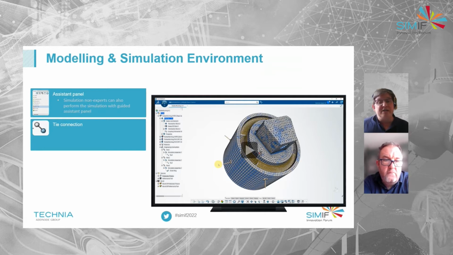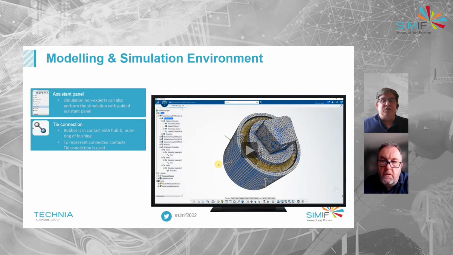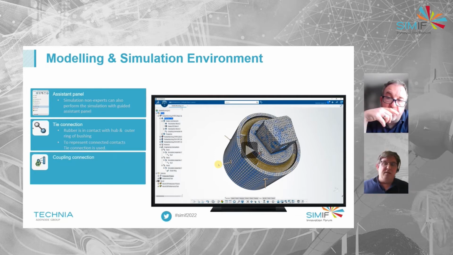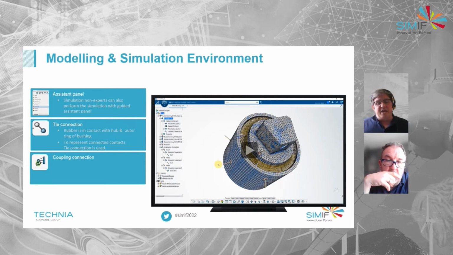We've got some tie connections that we're going to use to connect the hub to the rubber bushing, and then also to the outer ring. Nice little feature that. It just helps you tie it all together, and it's regarded with just the one control node. So is that going to work as one part rather than an assembly? Exactly. Rather than thinking, oh, I've got three parts and they're just held together at points, it effectively goes, well, this is just one thing. It's all glued together.